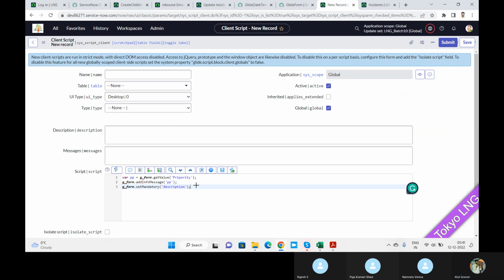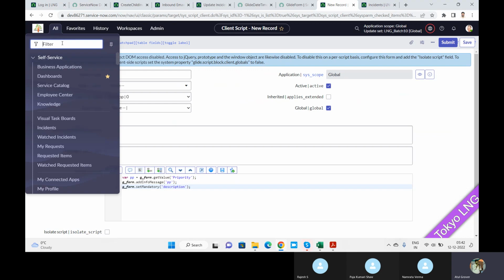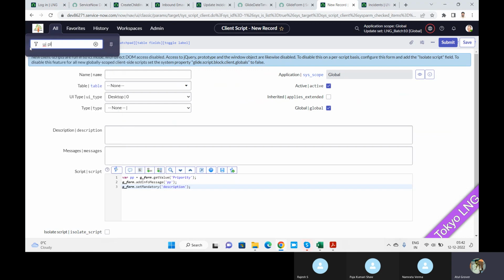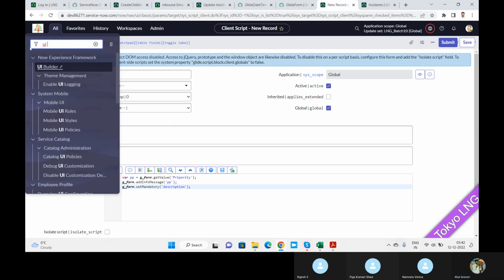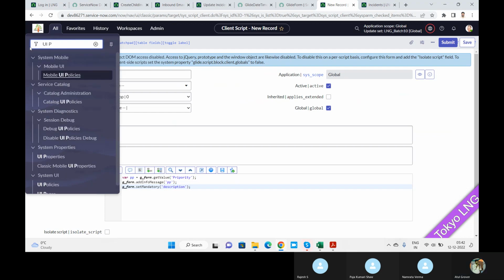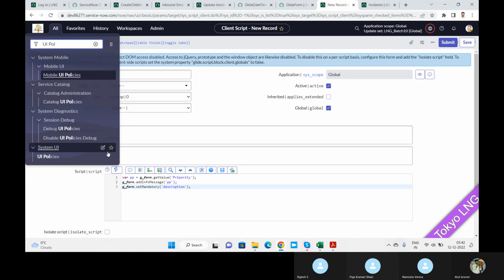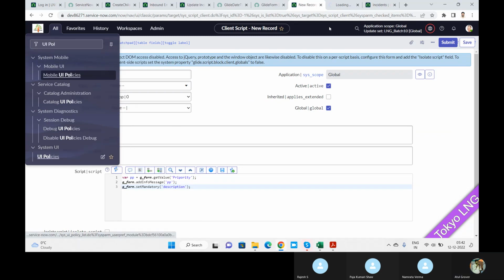Okay. Now, if I go here and open the UI policy, this one. And if I go here and click on the new,